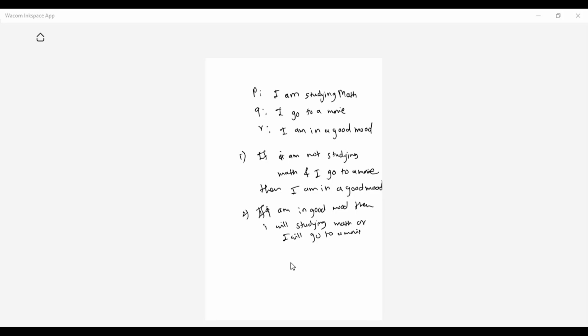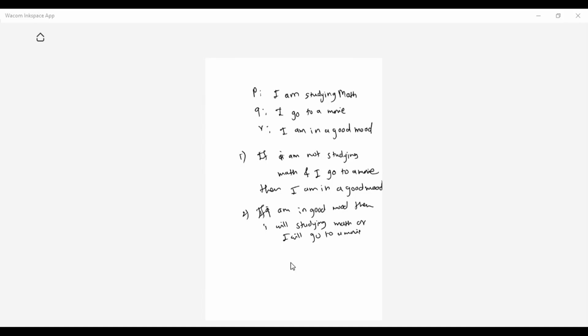Very good. Perfect. What about others? Purnesh, what about negation? You have to take care of negation because "I'm not in a good mood" means negation of R, where R is "I'm in a good mood." So put negation for not.